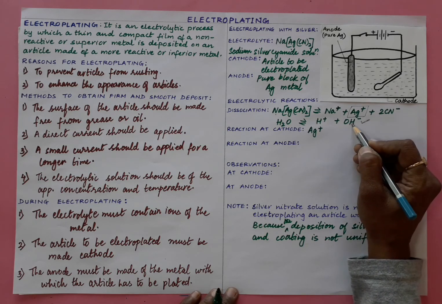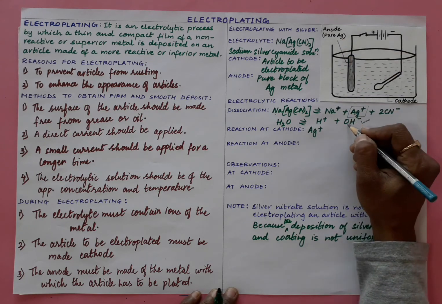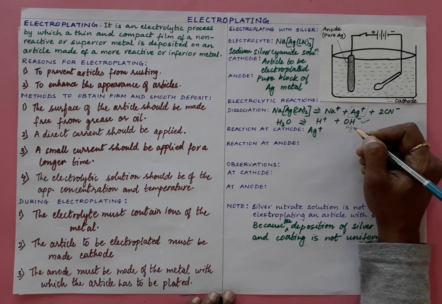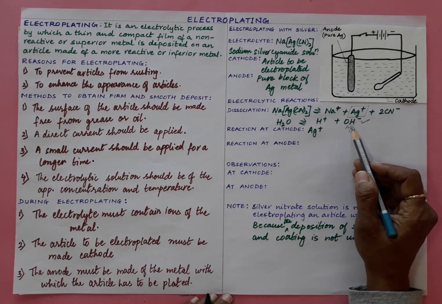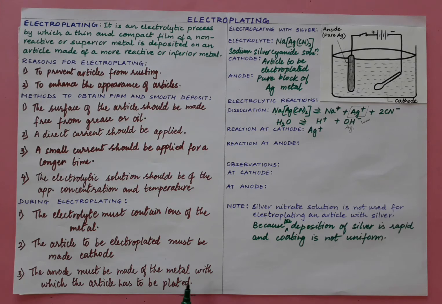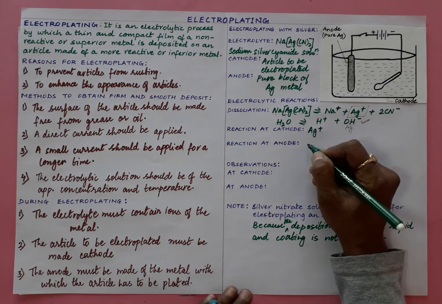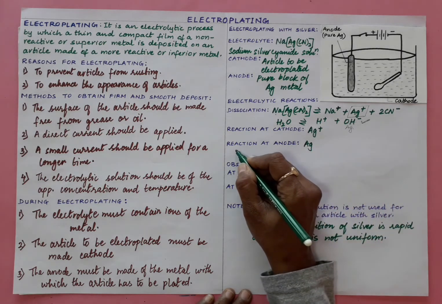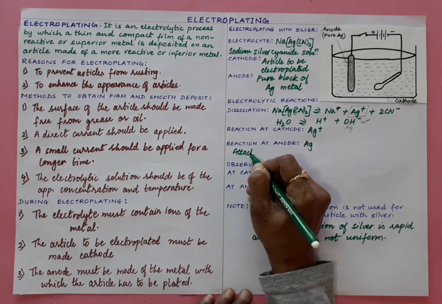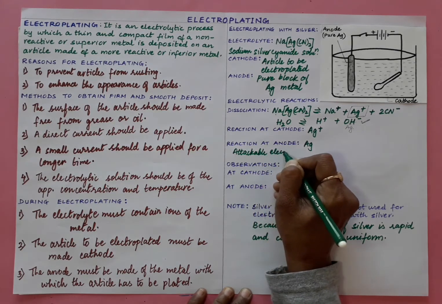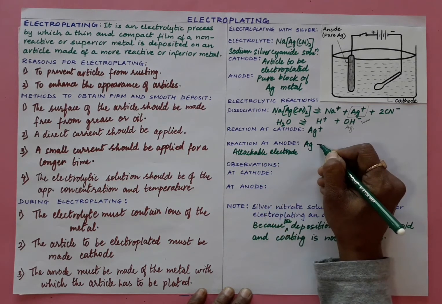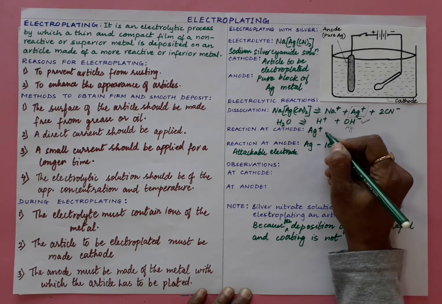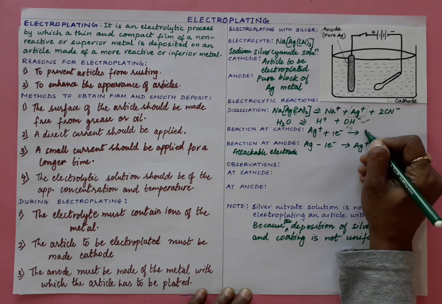But what happens over here, the anode is made up of silver. So if we compare these two, which one will get discharged? Silver will easily lose an electron and form an ion. So the anode itself is made up of silver, so the anode here is an attackable electrode, right? So silver loses one electron and turns into silver ion, and on the other side the silver ions gain one electron and form silver.